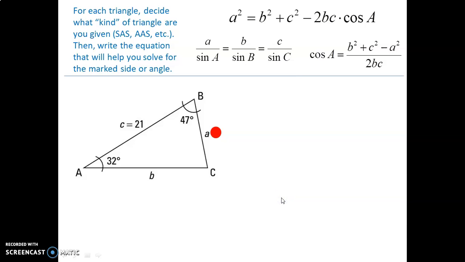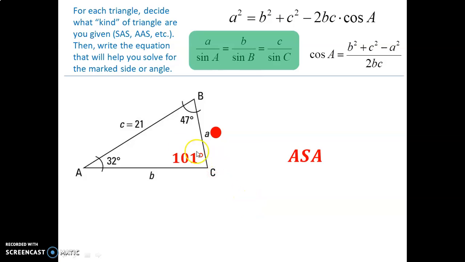Okay, next one. Decide what kind of triangle it is and whether we're using sine rule or cosine rule in one of its forms. Okay, this triangle was ASA. We have an angle, side, angle. Therefore, that's a sine rule, and we're looking for angle A. So set up something like this, sine rule, and in this one you'll need to know the other angle, and when you know two angles, you can get the other one by subtracting from 180. And now you can set up sine rule. So A over sine of that angle equals 21 over sine of this angle,